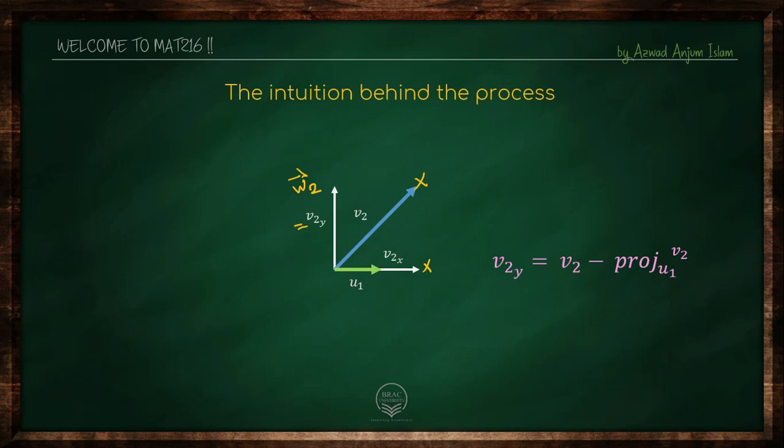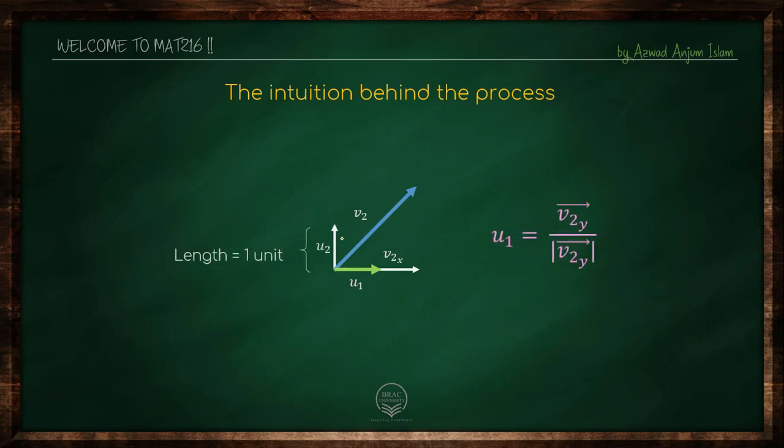The only problem is this is not orthonormal yet because the length of w2 is not 1, right? How to do that? Well, we can just divide this vector by the length of its own. And if we do that, the length is going to be 1, and then we can call it u2 instead of w2. And as you can see, we have our orthonormal basis. We have u1 and u2, both of them have length equal to 1, and they are perpendicular with each other, right?